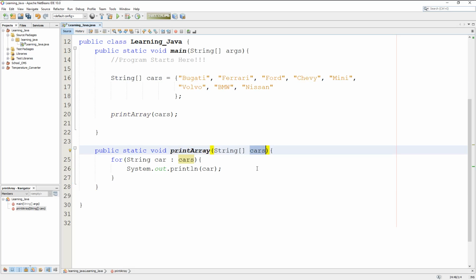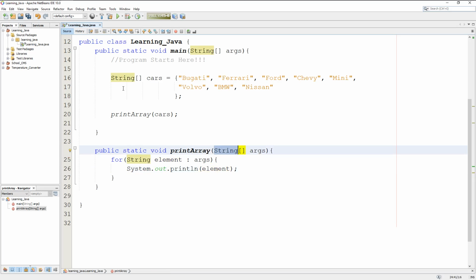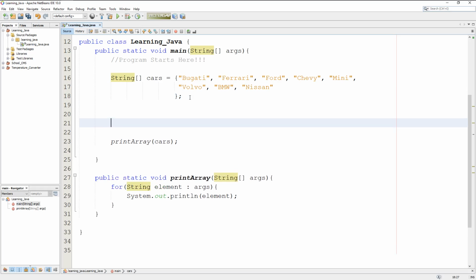It makes sense to have it as cars, but we can just say args here so that it's okay. We can use args in here, and then we can call this L, you know, element or something, to make it more usable for all types of string arrays, because this is only pertaining to our actual car array, right? So if we ever wanted to make a whole new one, we can come down here and say this is a string and this is all the movies or something,